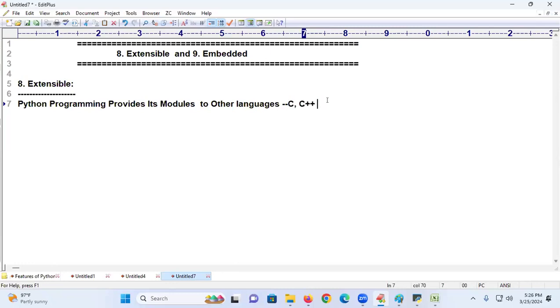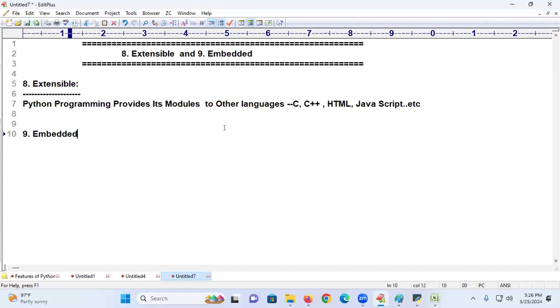Such an easiest language used in where? C++. Even you can use it in HTML also. Even you can use it in JavaScript also. You can use it in scripting languages. You can use it in website development, etc. Languages you can use. That's why Python is which language? Extensible programming language. If I'm giving help to many people, I'm called what? Extensible. Are you able to understand? Now, Python is which language? Extensible.